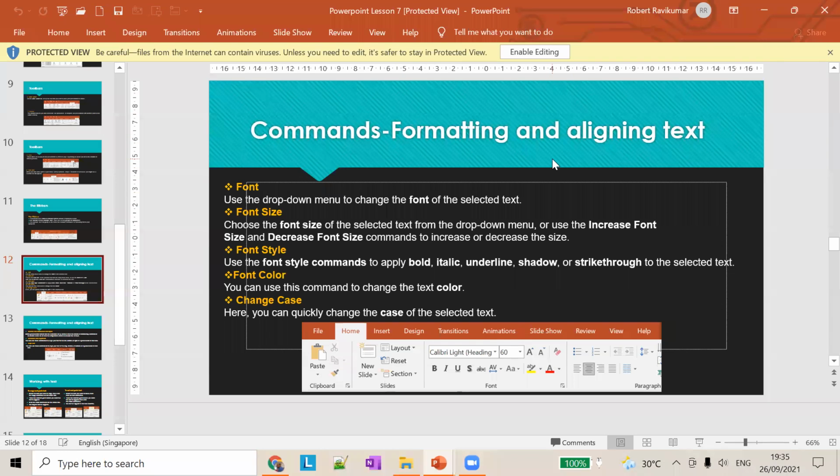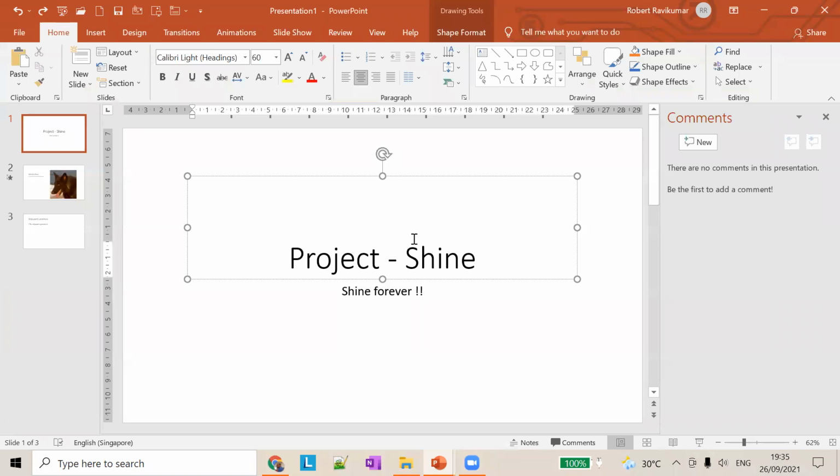We will learn how to change all these characteristics using the formatting tools. Where can we find all these? We can find all the font related commands in the home ribbon under the font command group. Here in the home tab under the font command group we can see all this font related stuff. Let's see all those things one by one.